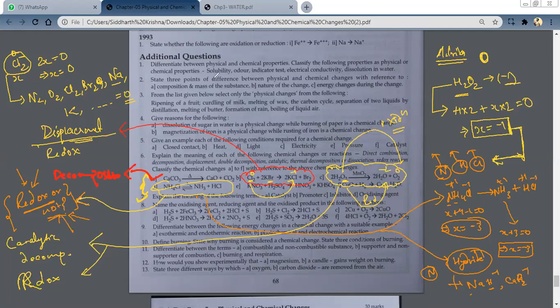So I'll just clear this off. Can you again repeat what you have said now? I told that hydrogen always has +1 except when it is in the form of hydride. In the case of hydrides, it is -1. Hydride means when hydrogen is present with a metal. For example, here you have sodium hydride, calcium hydride. So there you have hydrogen in the form of hydride, that is -1. Is it clear? Yes, sir. Just take a screenshot of this. I'm clearing this off. Okay.